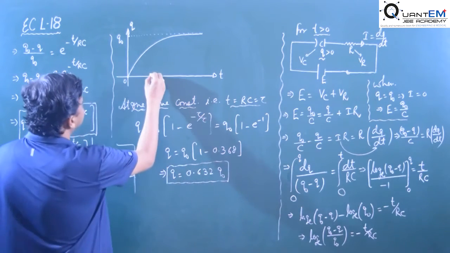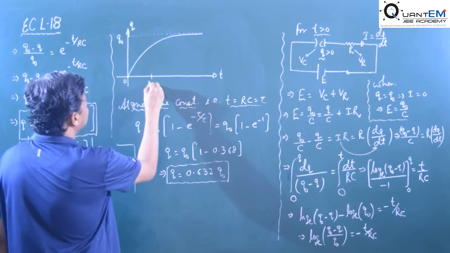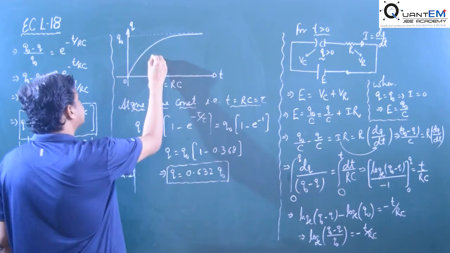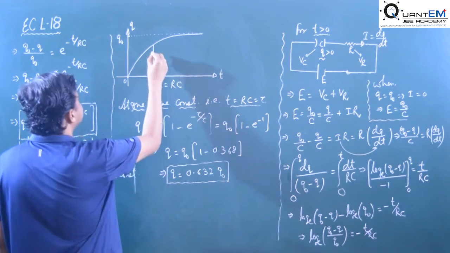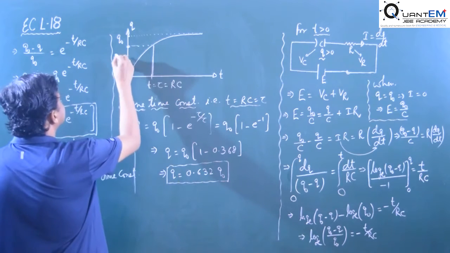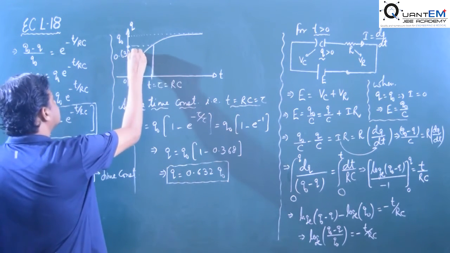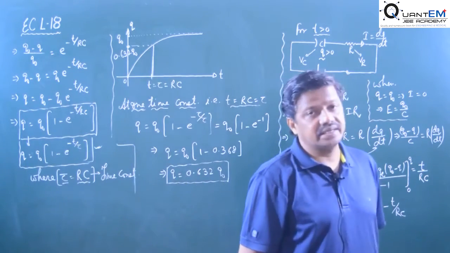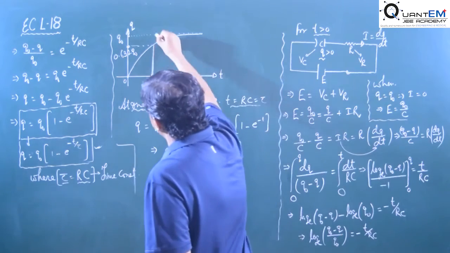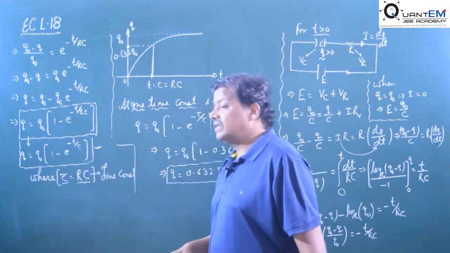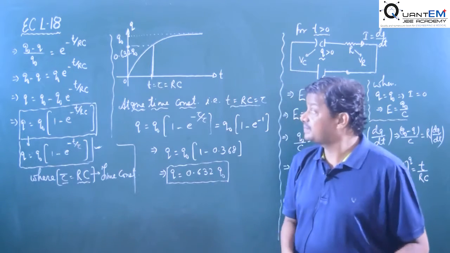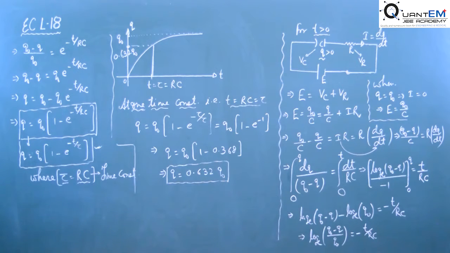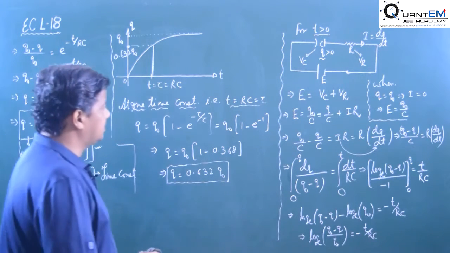So suppose here we have t is equal to tau, that is equal to RC. So at one time constant, the value of charge is 0.632 Q naught. Okay, now charge is increasing in the circuit. During this time it is increasing with respect to time. So we may get the value of what? Current that is flowing through the circuit. So now we get to the current, the value of current flowing in the circuit.